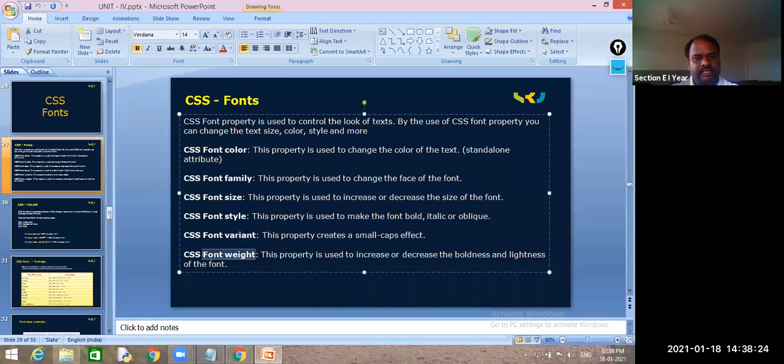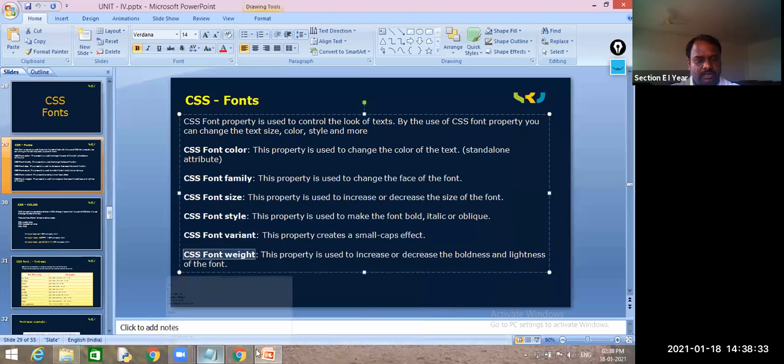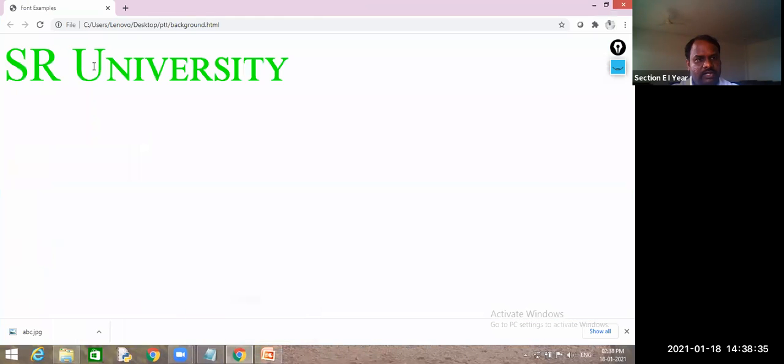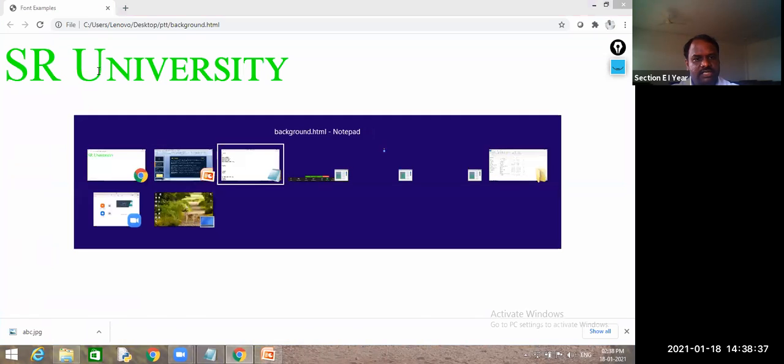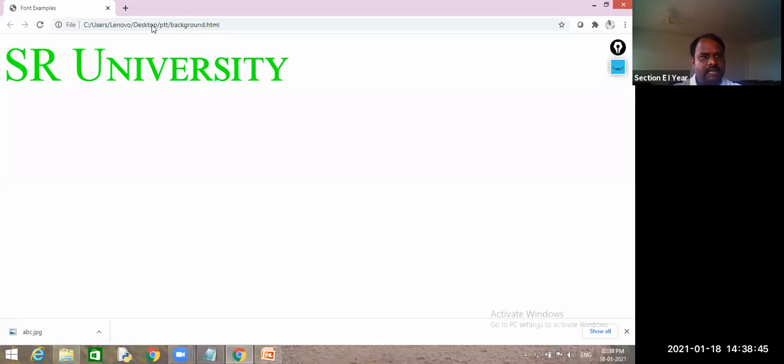And font weight. This font weight specifies the thickness of your characters. See, when you go for this one, I will remove this bold, and you observe the general output.